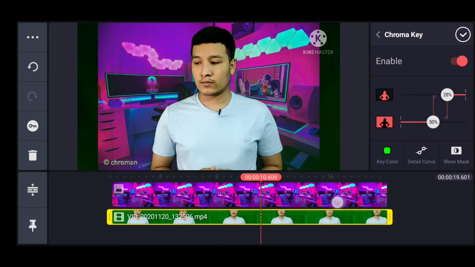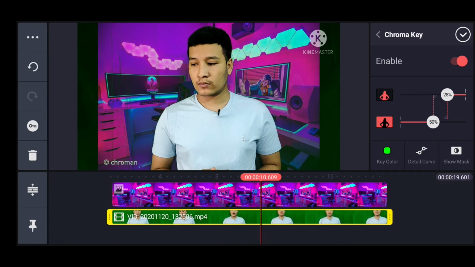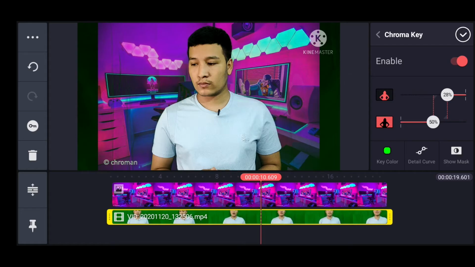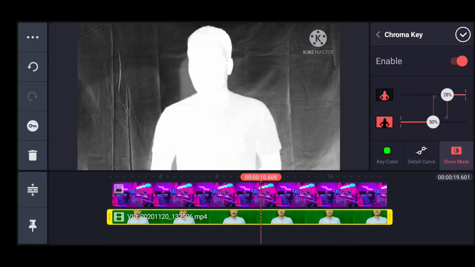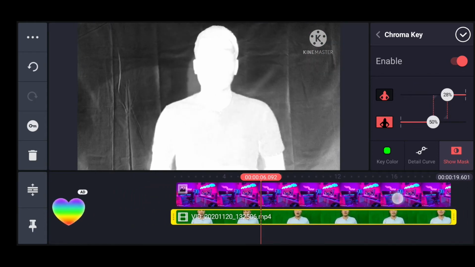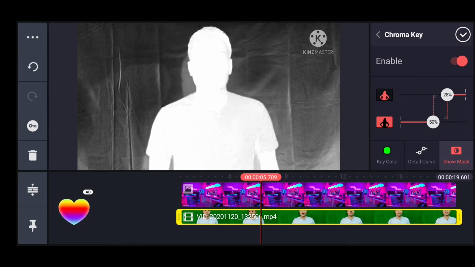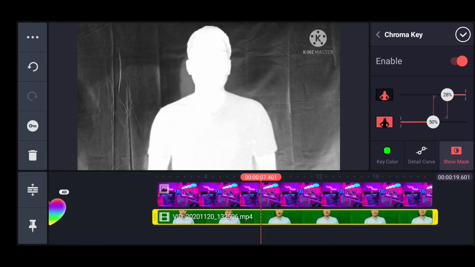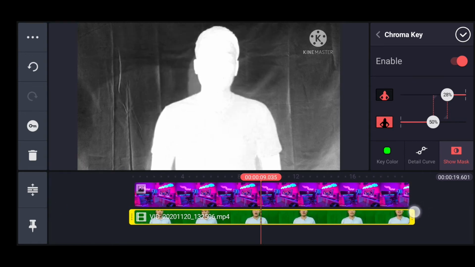What we need to do is, we have three options: key color, detail curve, and show mask. In key color I don't suggest you change anything, so let it be at default. I want you to click on this show mask. Once you click on show mask, we will see this here. In my video, the subject, which is me, is looking white and the background is black. I want you to change the subject into completely white and the background to completely black. So you go to the